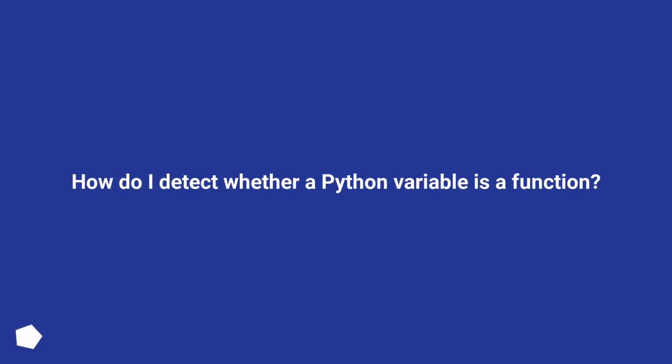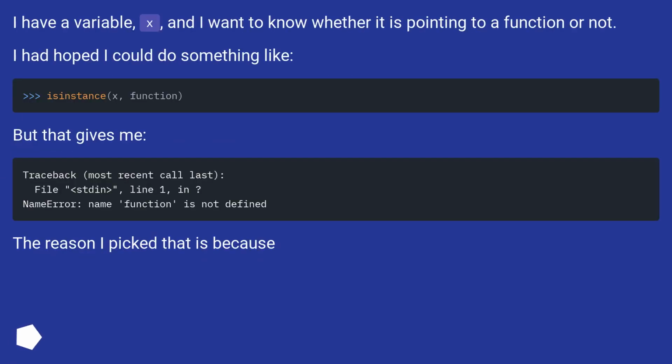How do I detect whether a Python variable is a function? I have a variable x and I want to know whether it is pointing to a function or not. I had hoped I could do something like, but that gives me. The reason I picked that is because